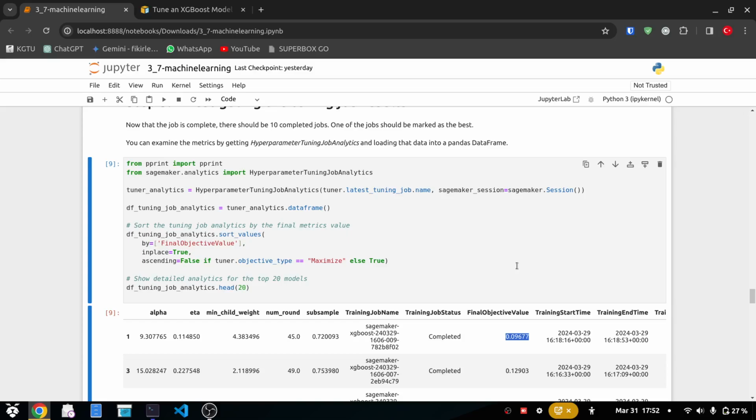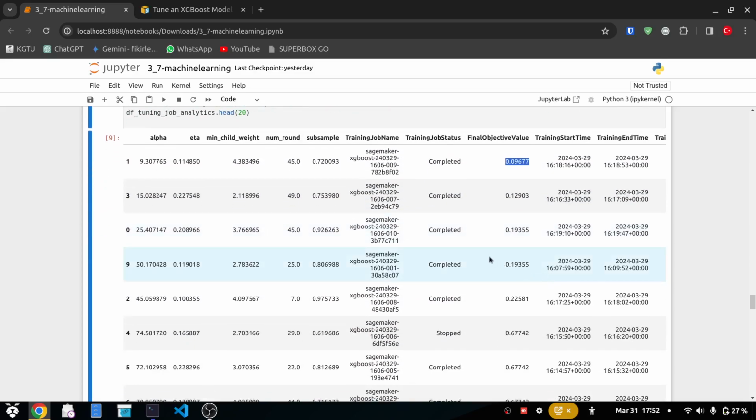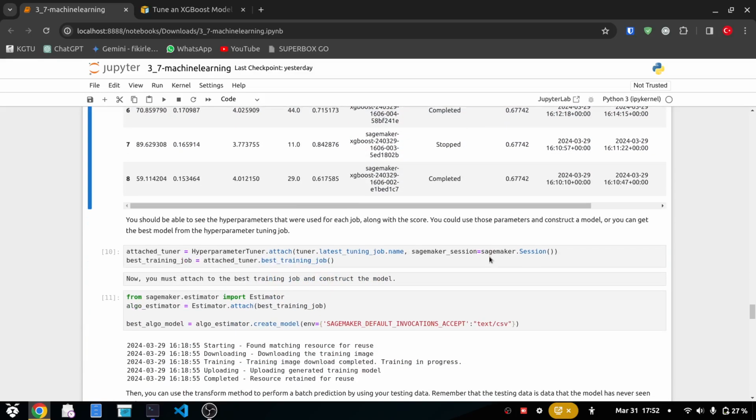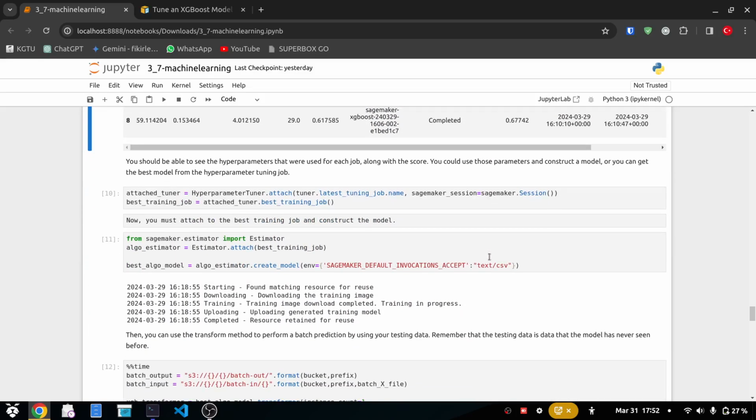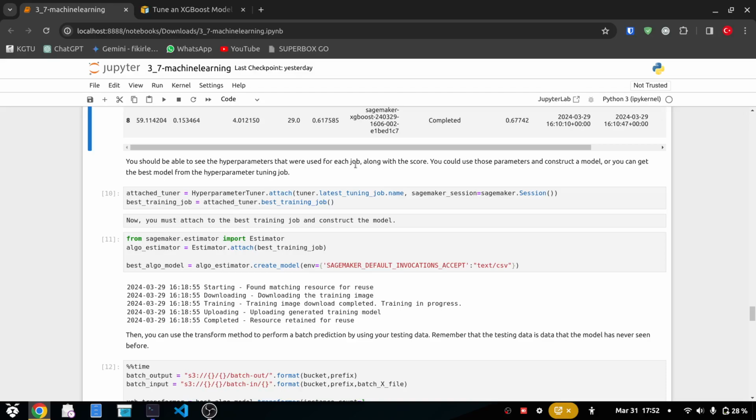So since our objective was to minimize the error rate, you should be able to see the hyperparameters that were used for each job along with the score. You could use those parameters and construct a model, or you can get the best model from the hyperparameter tuning job. Attached tuner, hyperparameter tuner, attached tuner, latest tuning job name,